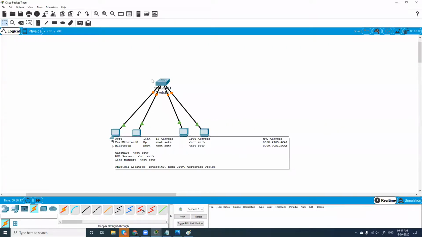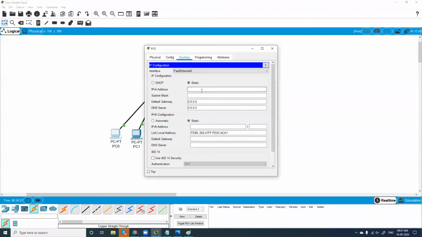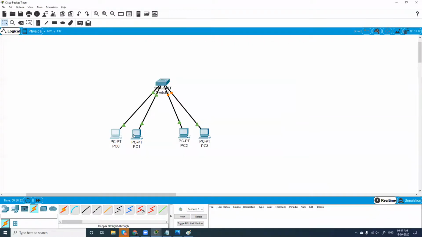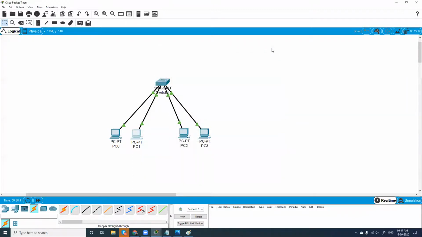Now we'll go here and configure the IP addresses quickly. Here it is 192.168.1.2, with the default subnet mask. I don't have to give the default gateway because I don't have a router here. This will be 192.168.1.3, and I'll close this.